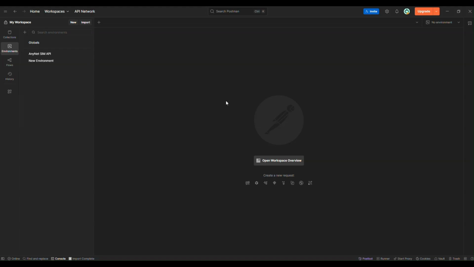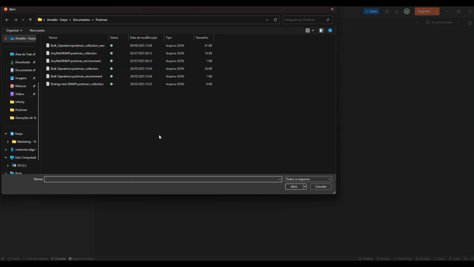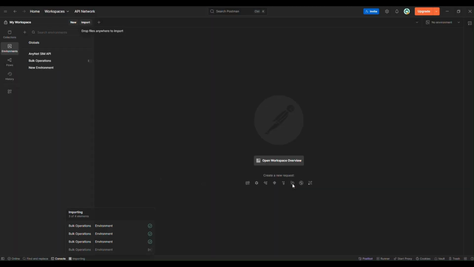Hi there. Today I'm going to show you how to set up Postman to use with our bulk operation APIs. First of all, download and import both environment and collections. Hit on import, go into the file and folders where you saved the collections and environments previously. Select environments,